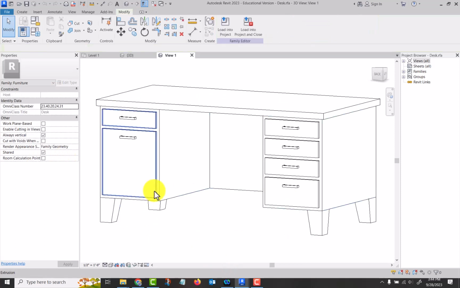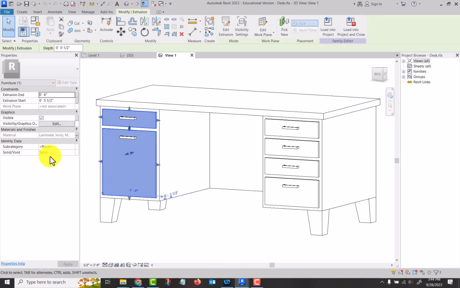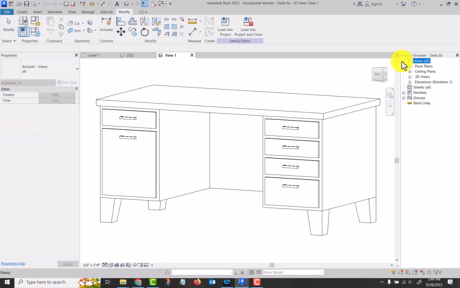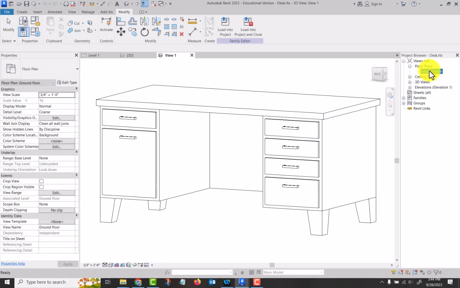Okay, so let's look back at the door here. It's a solid. It has a material of ivory laminate. Okay. And then the whole thing here, visible or not. Because you'll have some things that would be visible in one view, not visible in another view. So if I expand this and go to my floor plan,